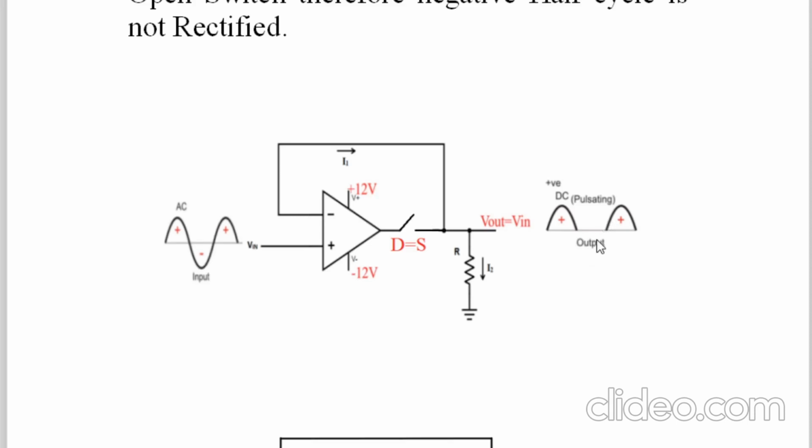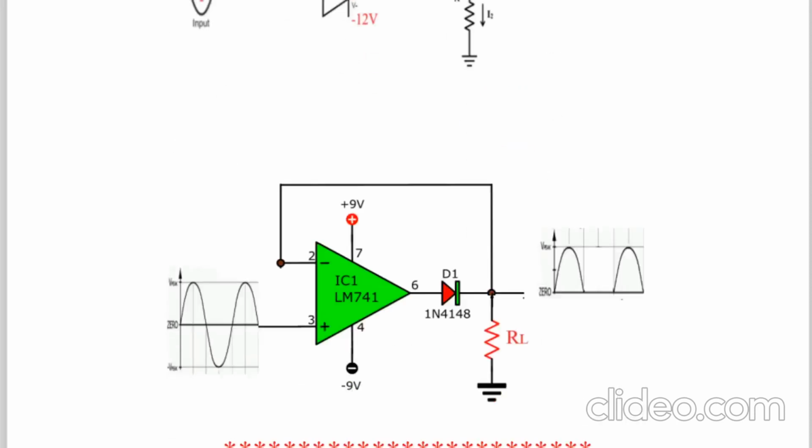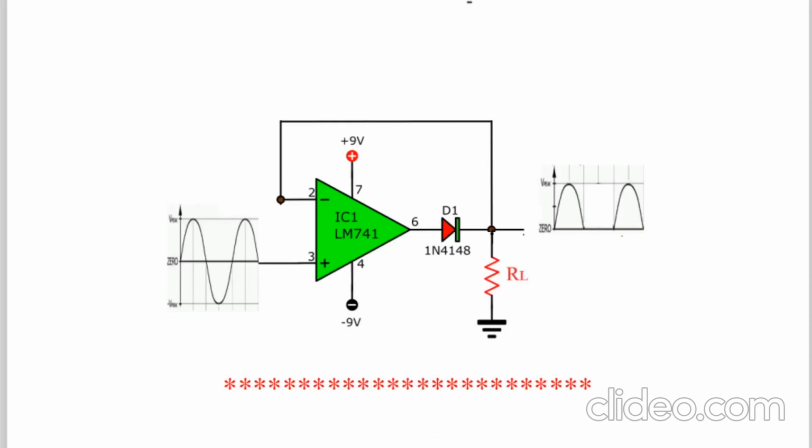And in this way, now look at the diagram. Now the op amp is not working as a unity gain amplifier. So in this case, the op amp will work as a unity gain amplifier only during the positive half cycle. During the negative half cycle, it will not work as a unity gain amplifier because the diode behaves as an open switch. You can read the things again and again, and this is one very beautiful diagram I have given.